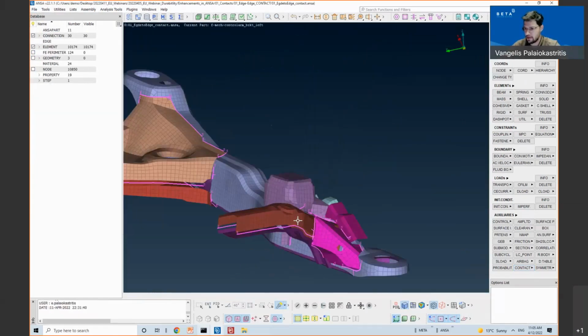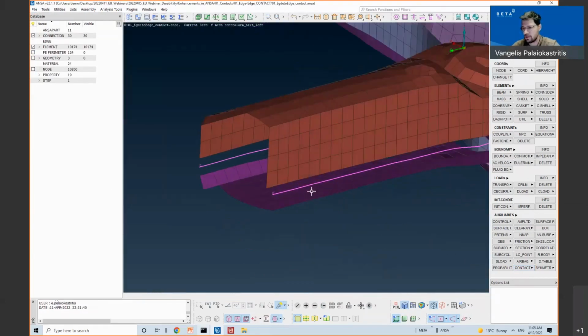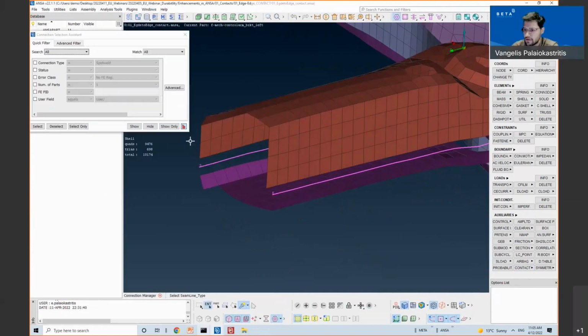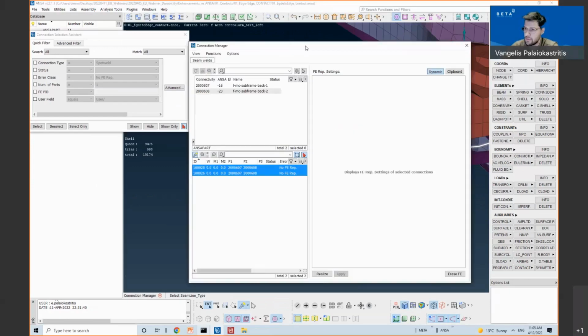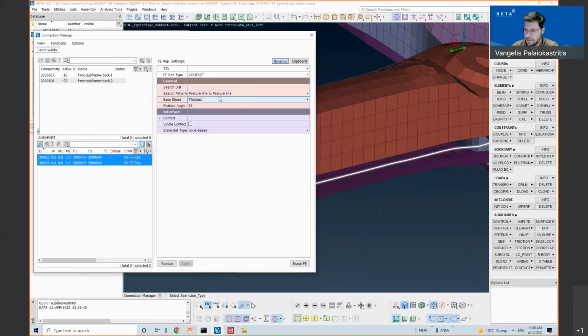Let's see now an example of this edge-to-edge contact through the SimWeld FE representation. I have here the feature line to feature line search pattern, so it will search for the edges, and I will create contacts.